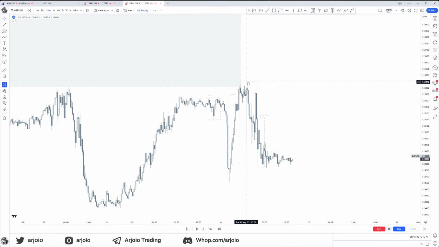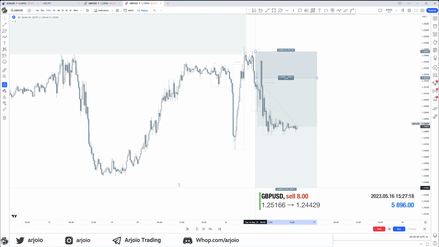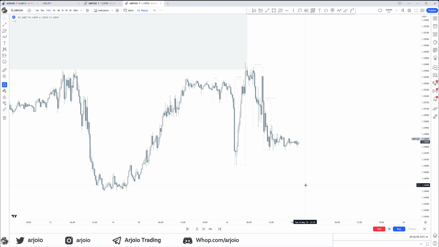Of course, this is your high of the day. Then New York right here, high of the day. New York expands lower. And right there, that is where I got involved. Right there. That was my entry, covering the high, and then aiming for new lows. Ahead of the day, I can have a great indication of which session will likely come into the daily fair value gap and then expand lower. Again, this doesn't have to be a daily fair value gap. It can also be a 4-hour premium array, can also be a weekly premium array, whatever. Can also be even a 1-hour premium or discount array. Ahead of the day, I can get a great indication because I can see where we are currently hovering.